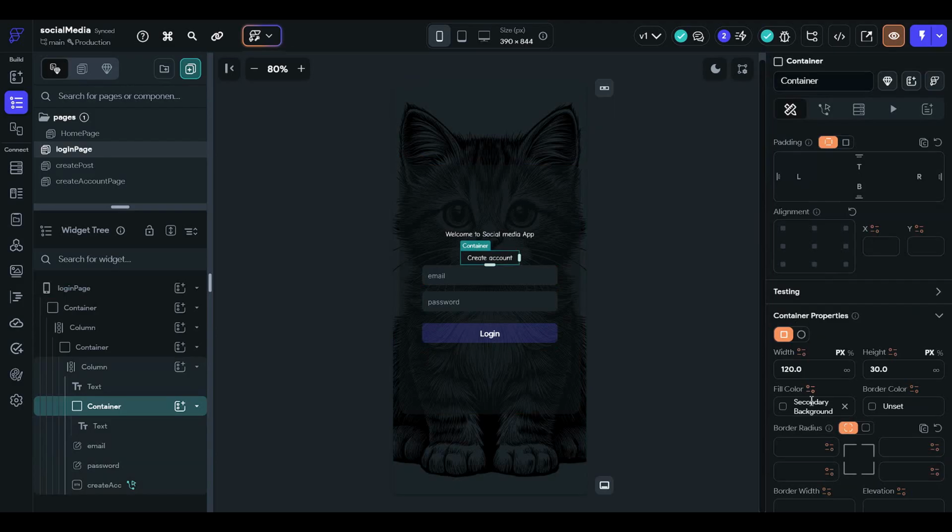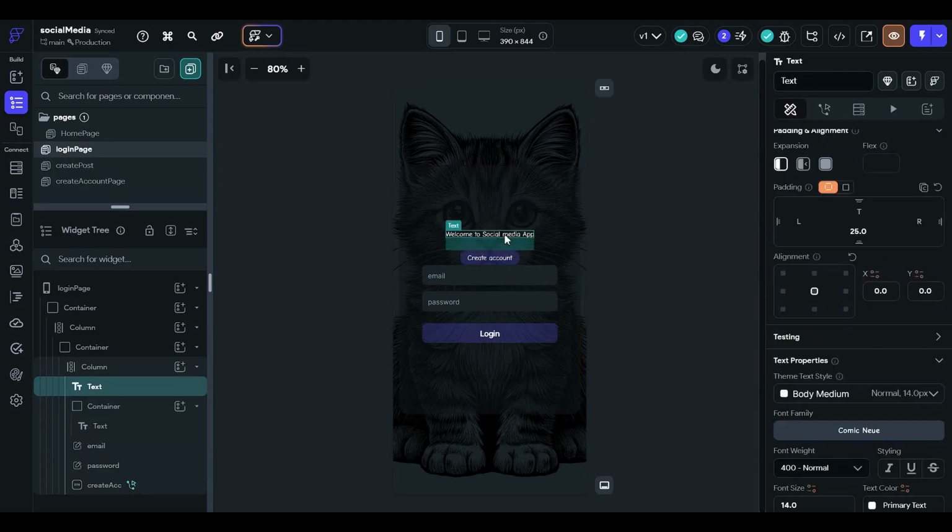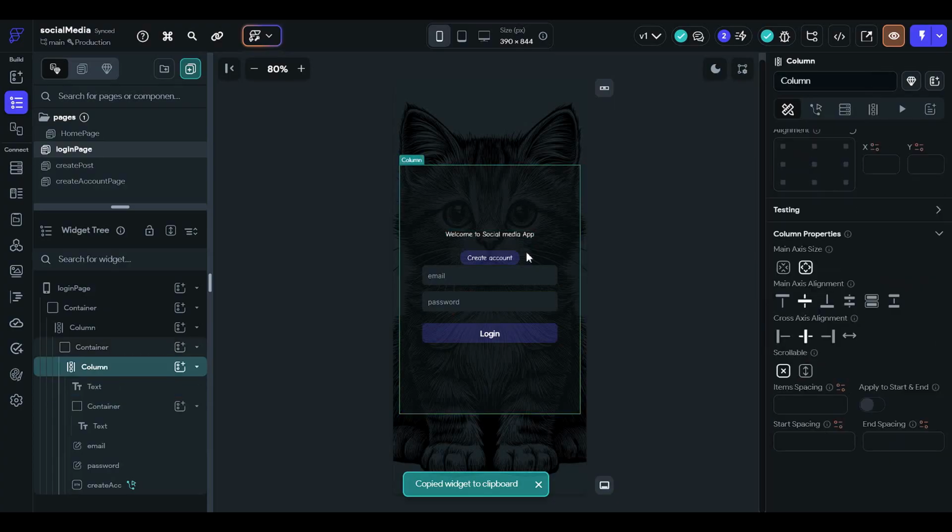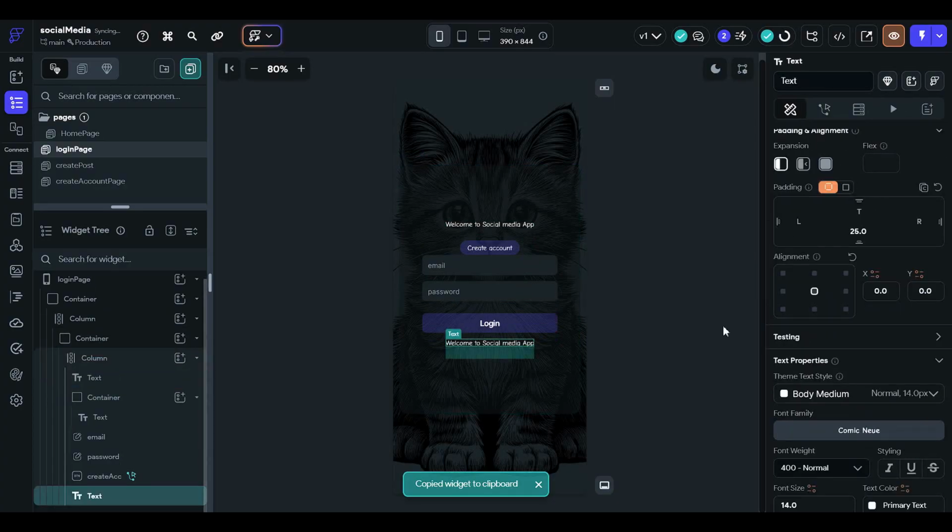app's main color code. We are using border radius, modifying the border radius for better UI design, and we will place it at a place in the page so it looks better.